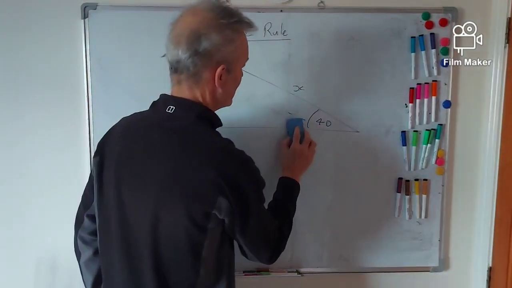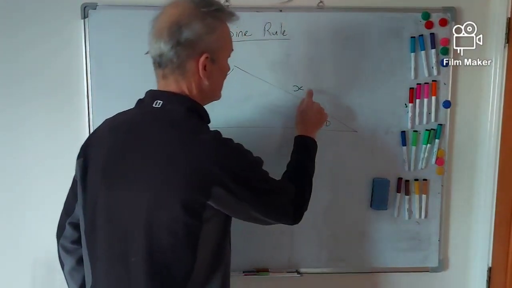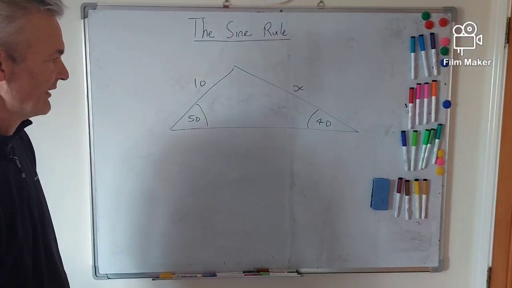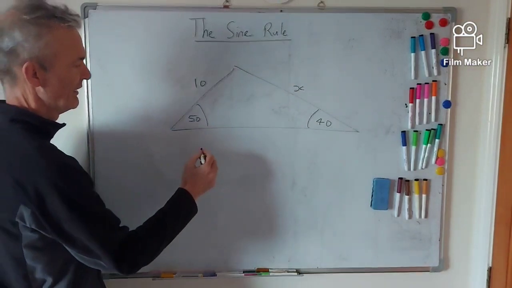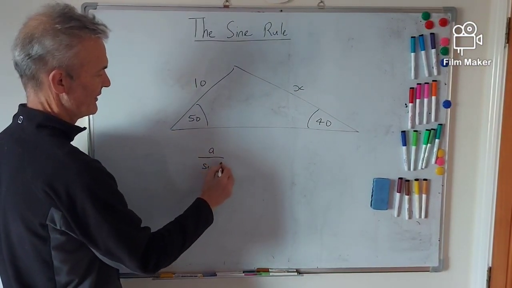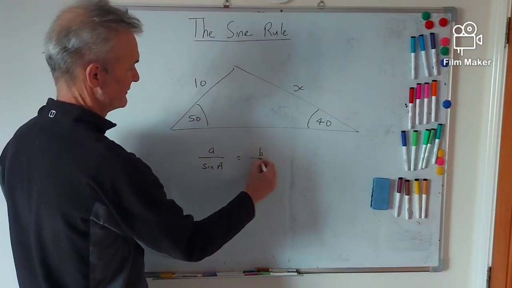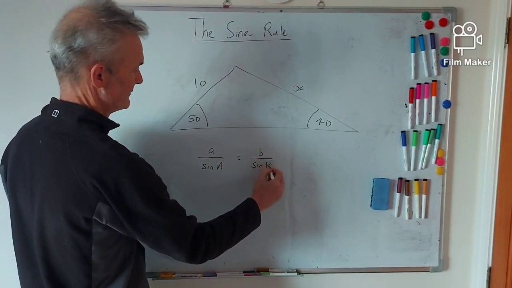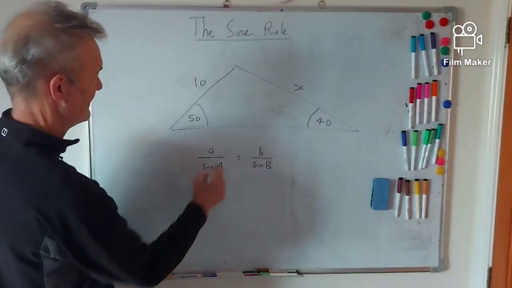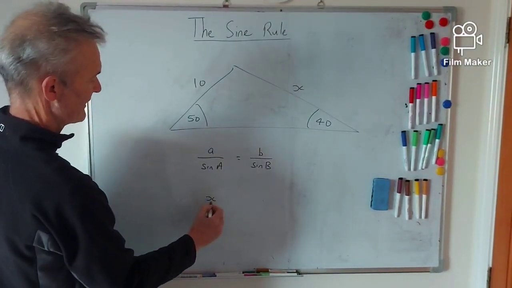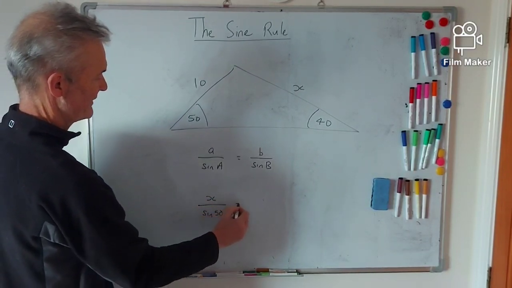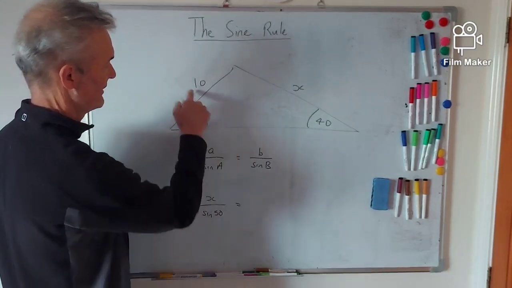Now in this case, we are looking for a side. So I would, in this case, put the sides at the top. So we are going to want to use the sine rule like this. So if I put my values in, if I call this side A, I'm going to get x over sine 50 equals 10